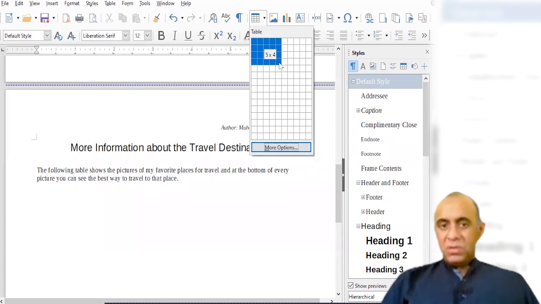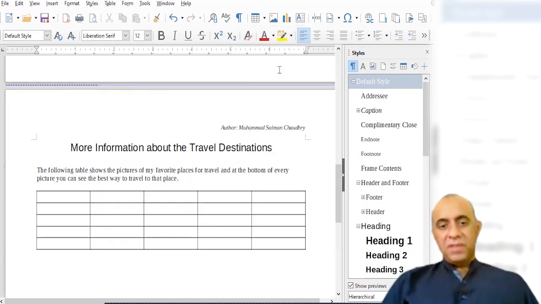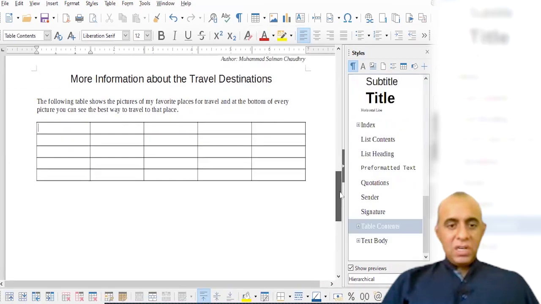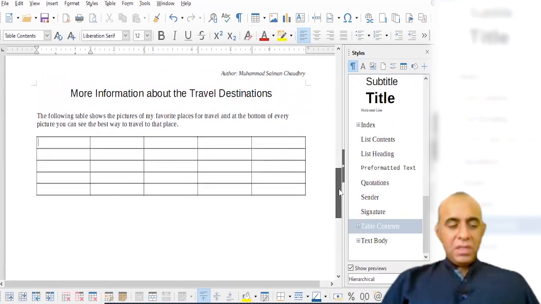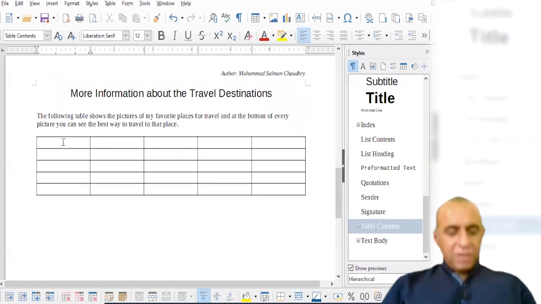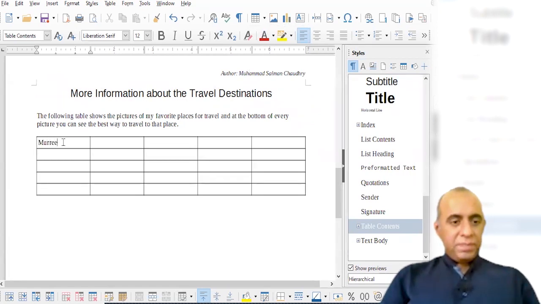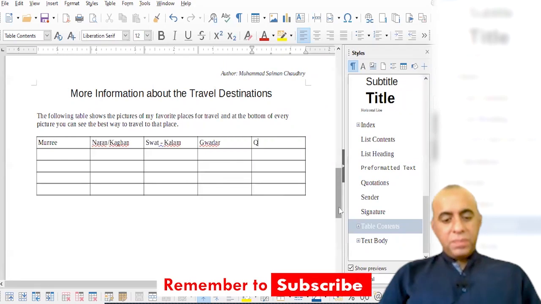There are provinces in Pakistan, so we're going to make use of those. And then I am going to use another one for later on. So I'm going to insert a 5 by 5 table. As soon as I do that, you can see that they are here. So now I am going to write down, let's suppose, Murree, and then I'm going to type here Quetta.